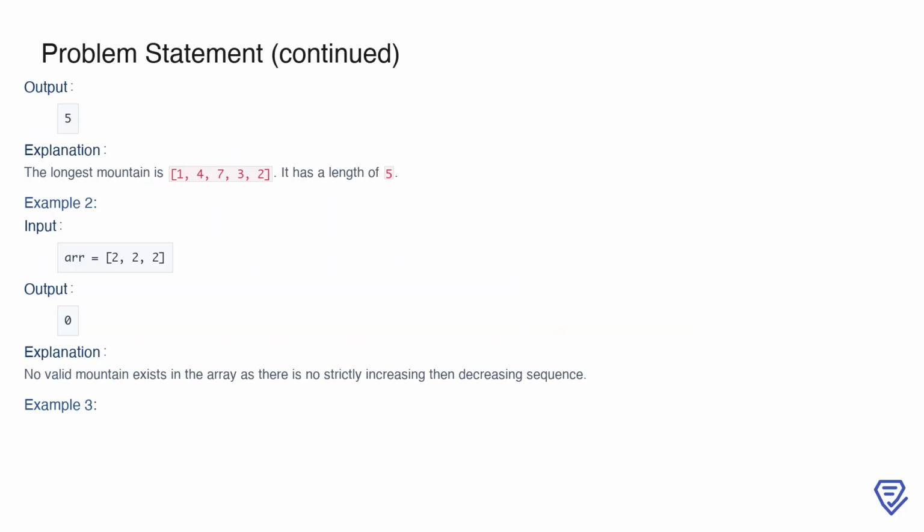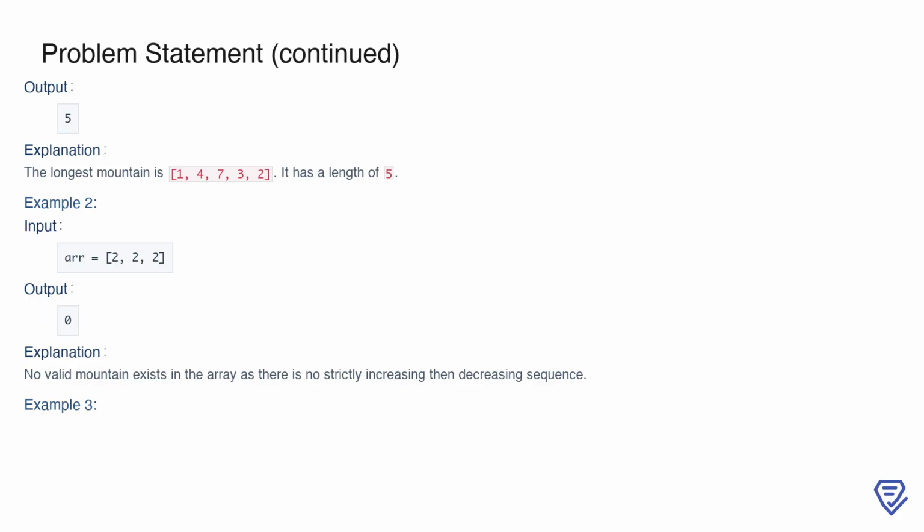For example, consider the input ARR equals 2, 1, 4, 7, 3, 2, 5. The output for this case is 5 because the longest mountain in this array is 1, 4, 7, 3, 2, which has a length of 5. This section of the array satisfies the conditions of a mountain. It starts with an increasing sequence of numbers up to the peak, which is 7, and then transitions into a